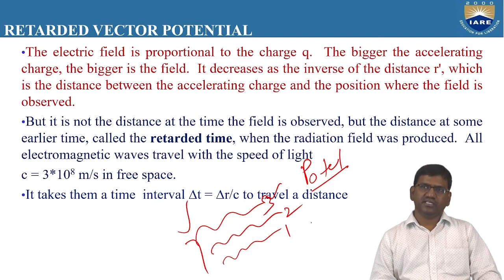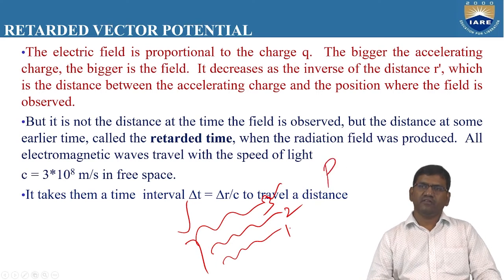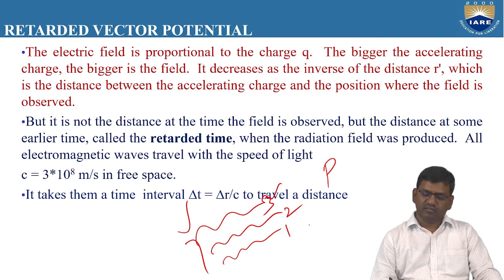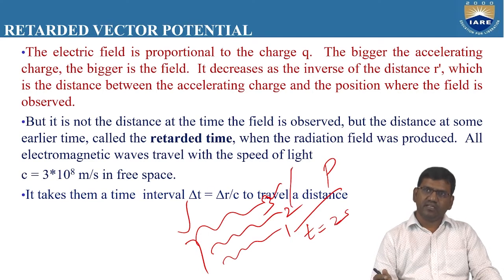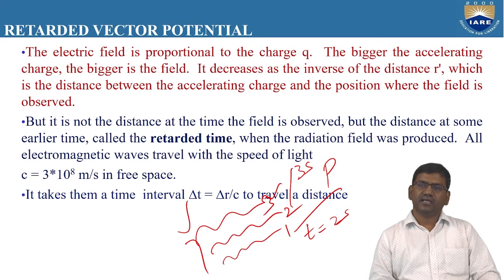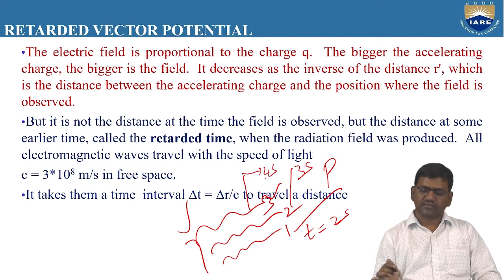Suppose here you can observe there are three electromagnetic waves, or radio waves, traveling to the distant point p. The first electromagnetic wave will reach at a time interval of, let us say, 2 seconds. Let us assume the second electromagnetic wave travels with the velocity of light, but reaches the distant point p at a time interval of 3 seconds. And the path of the third one will reach the distant point p after 4 seconds.